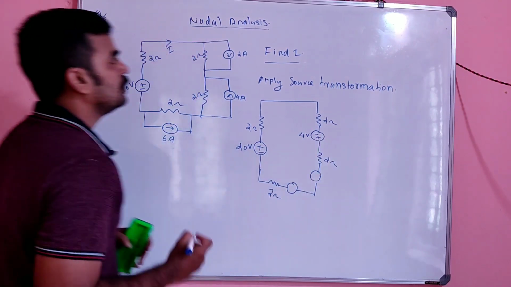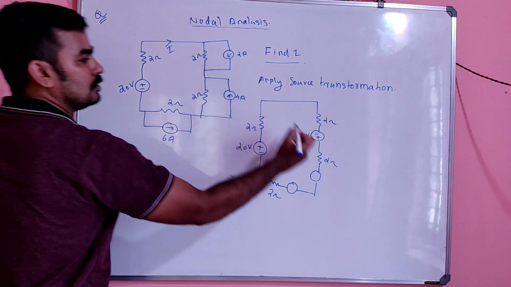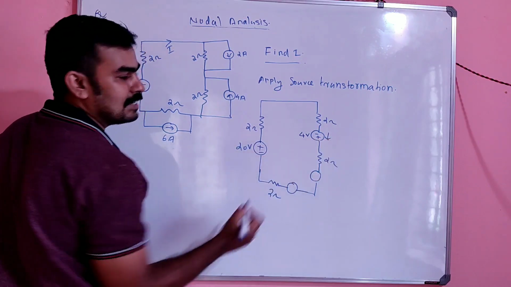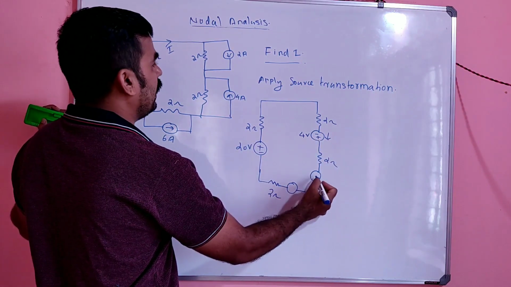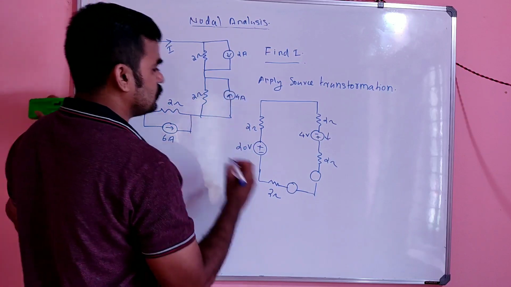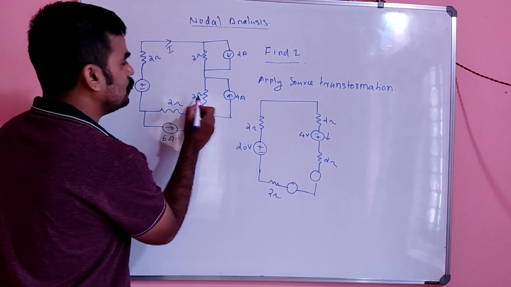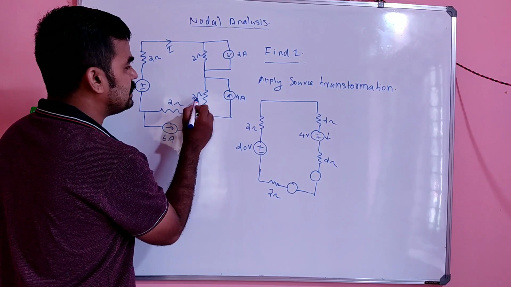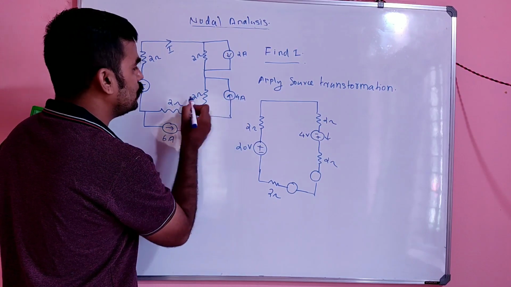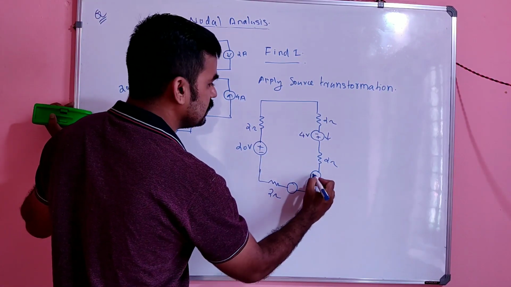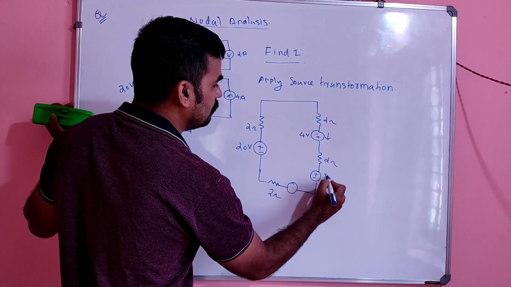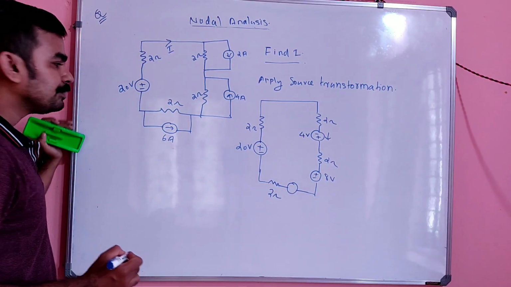4 volt, right? Because current is flowing like this. So this is correct. This is correct now. And again here the polarity is opposite. So again the value of voltage will be V is equal to I into R, that is 4 into 2. It is nothing but 8. So the polarity value will be like this, 8 volt.